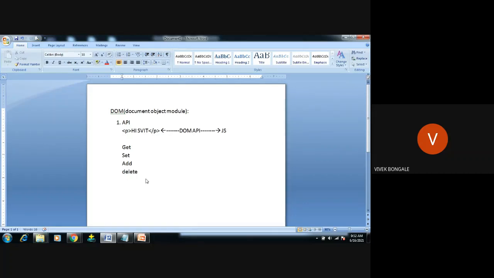We are doing some modifications, some changes to the DOM element here. That's the reason for using JavaScript, right? So it will take the input from the HTML, process it, and produce the end result. What may be the result? It will change, it will modify the result of the web page, or it can just be used to access and perform something there. And this is the role of the DOM. Right. So first I will